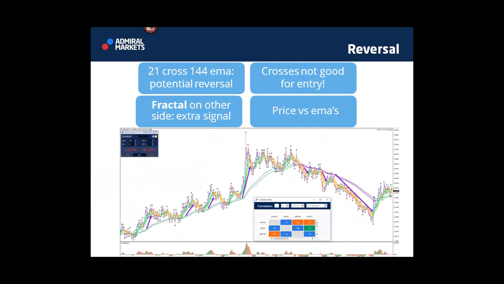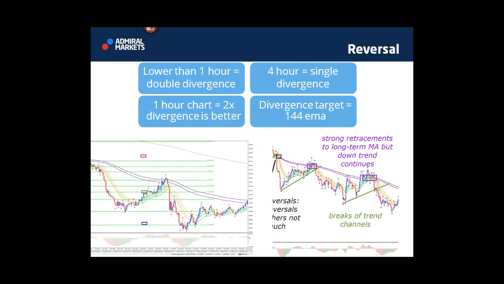So it's kind of an exciting time for the market, because which one is it going to be? Both sides could be very interesting. It could turn out to be a range too, which becomes, of course, less interesting, and then the market could go just sideways for a while, and those 21 and 144 could be on top of each other. All right, so that's that.